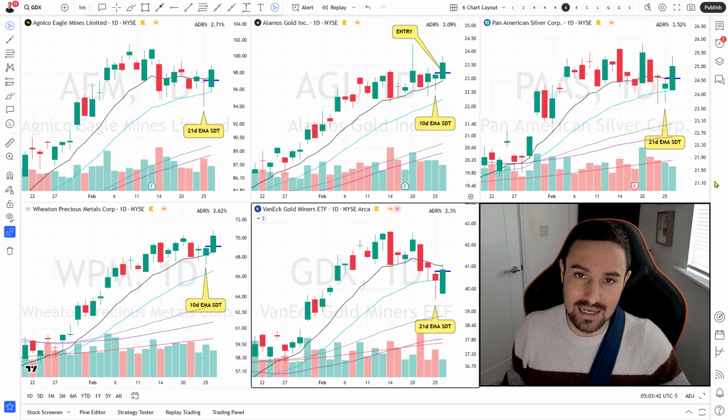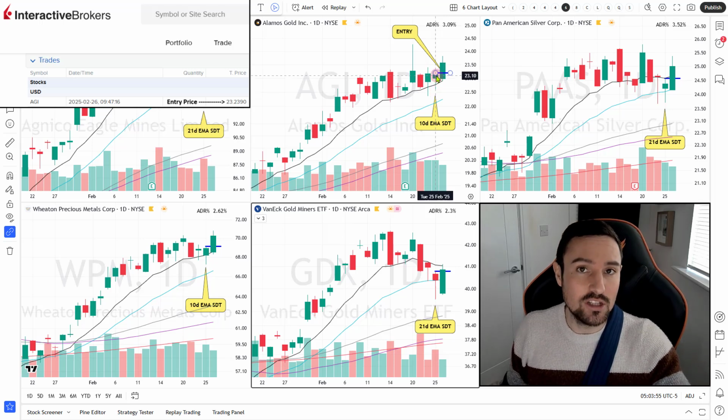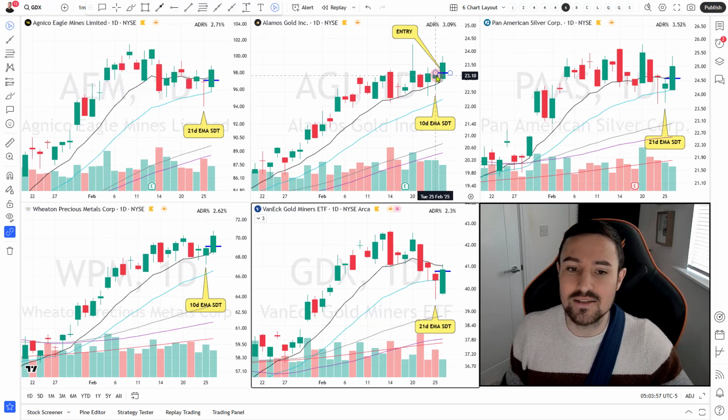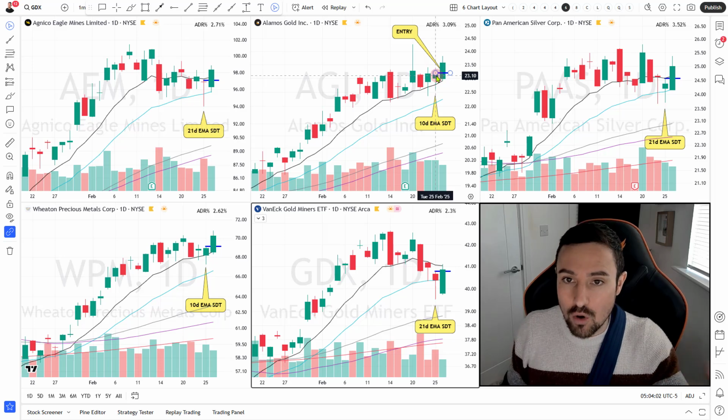Let me give you a high level overview. Alamos Gold is a recent precious metal miner that I targeted, bought on the 26th of February 2025 after it put in this inside bar, which is also what I call a shakeout demand tail, on the 10-day EMA on the 25th of February. But there were some other things that I was noticing going on in the precious metal miner space on the 25th of February. So that's what we're going to be talking about: why did I pick Alamos Gold on